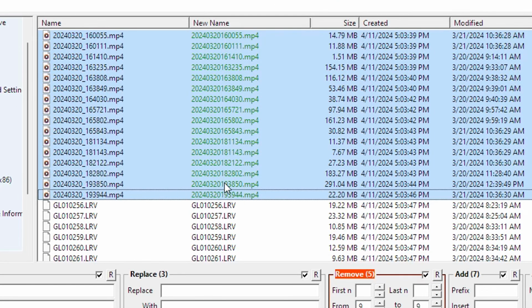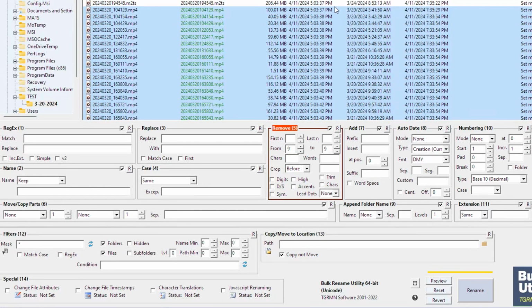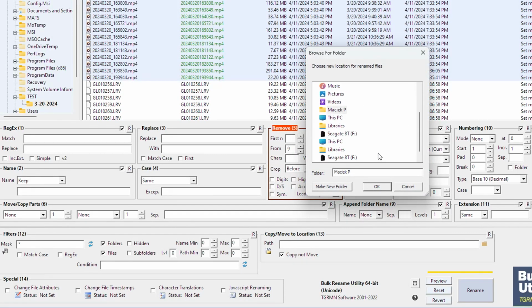As you can see, this is our change. All you do is just click shift, and this is the old name and this is the new name. Nothing else is going to be changed except the name. So I'm going to click copy to move and location. So copy to move, I'm going to click new path, and I'm going to choose my